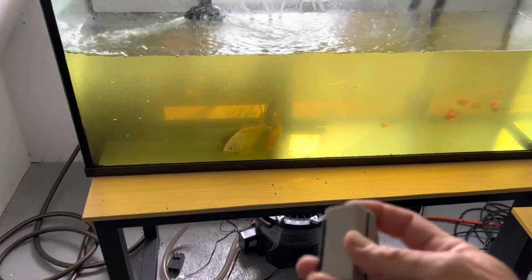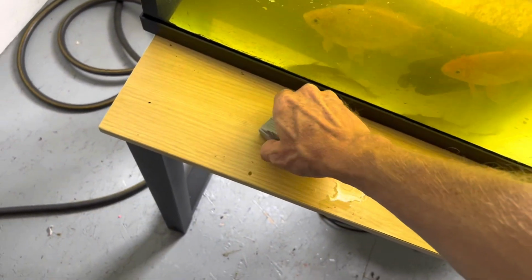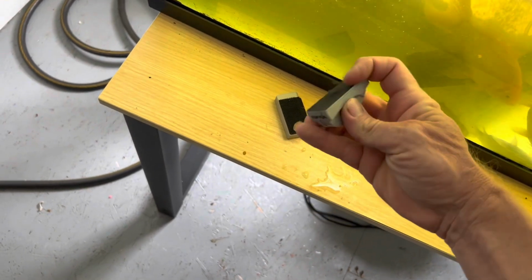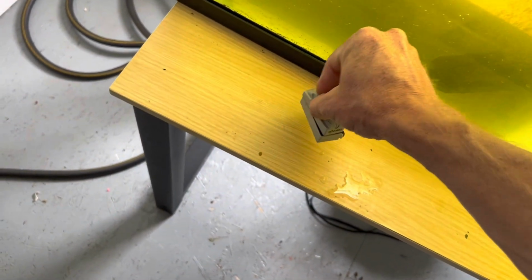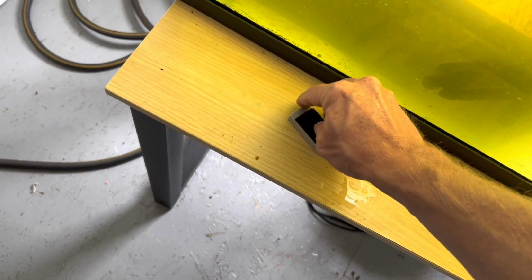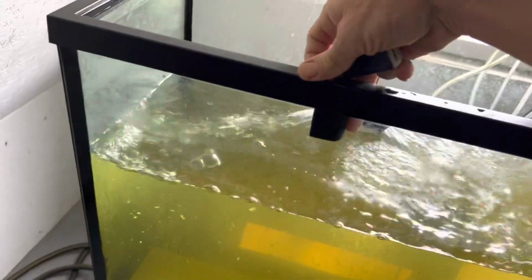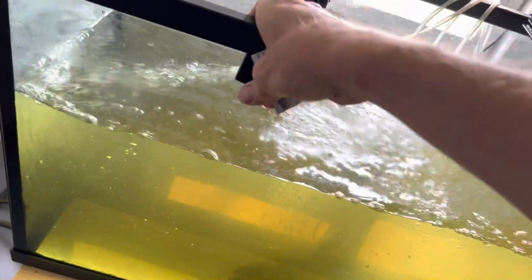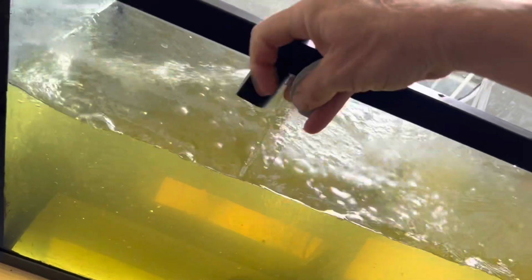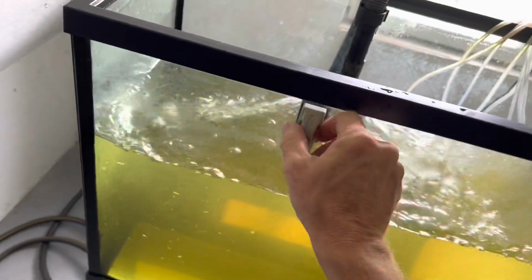In one of my videos, somebody commented, don't use your hands to clean it, use one of the magnets. So this is how the little magnets work. You got scrubbies on the inside, and the magnet holds them together. So you just put one on the inside of the glass and one on the outside of the glass, and they hold each other together so that you don't have to put your hand into the